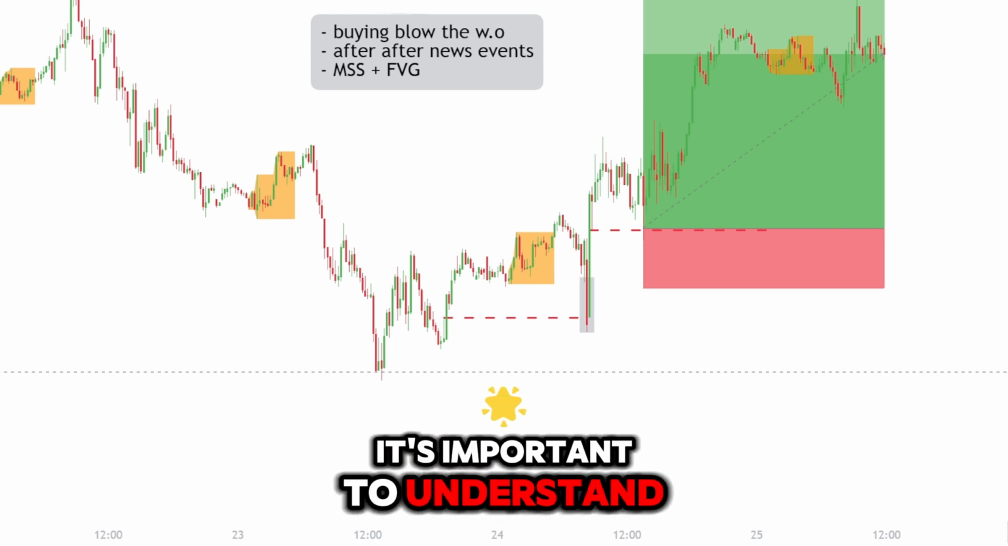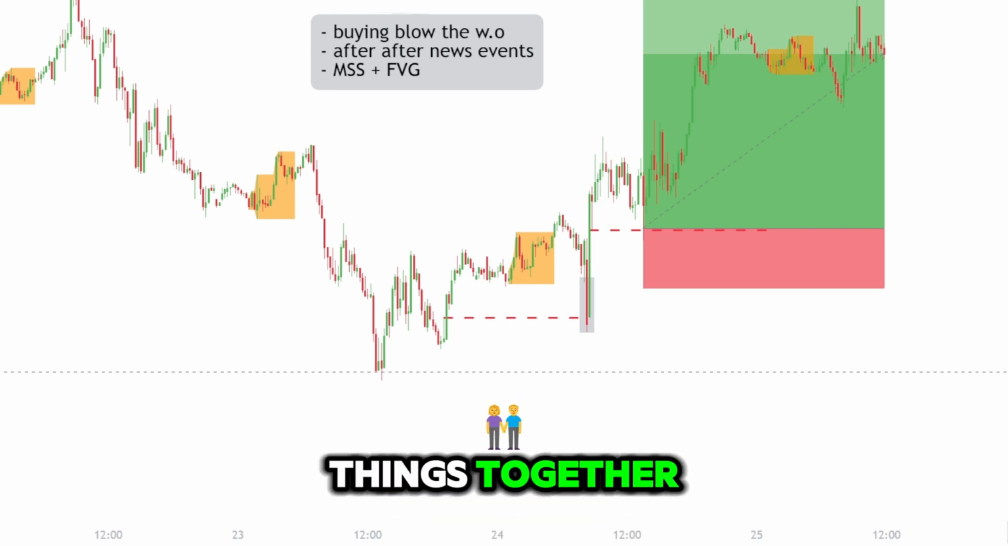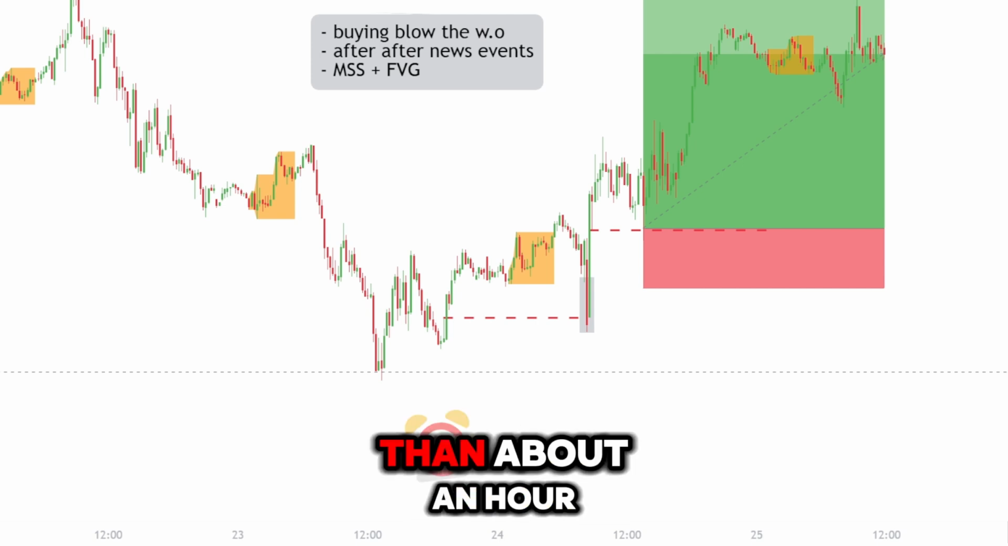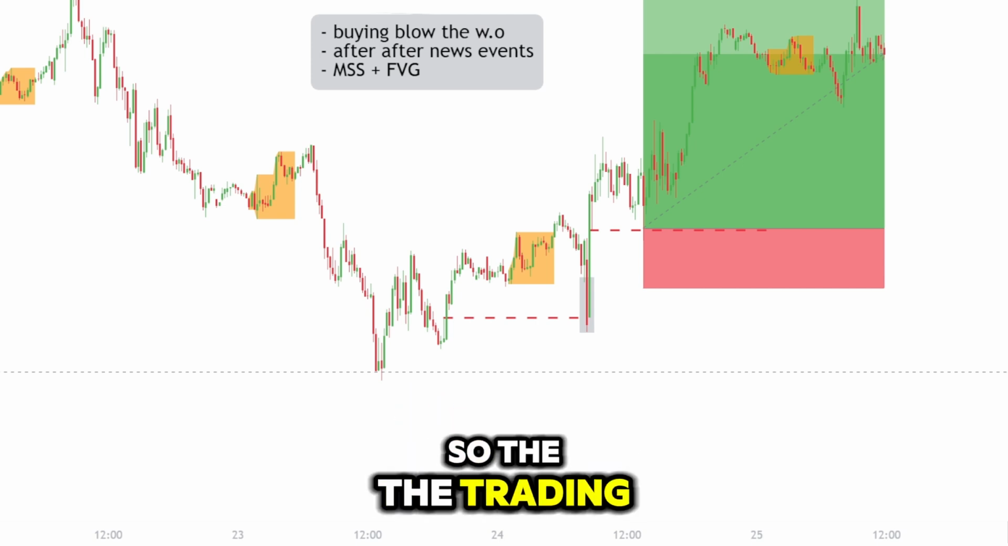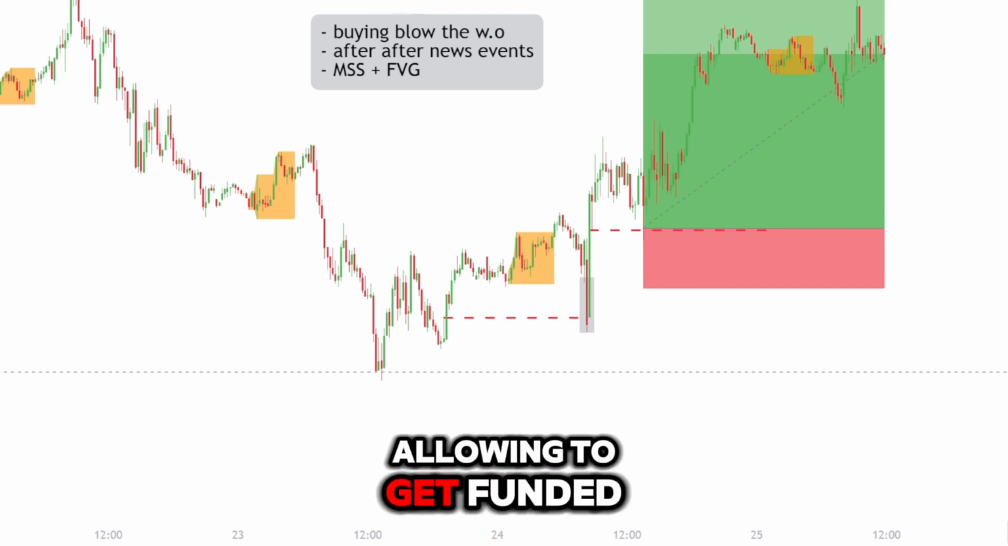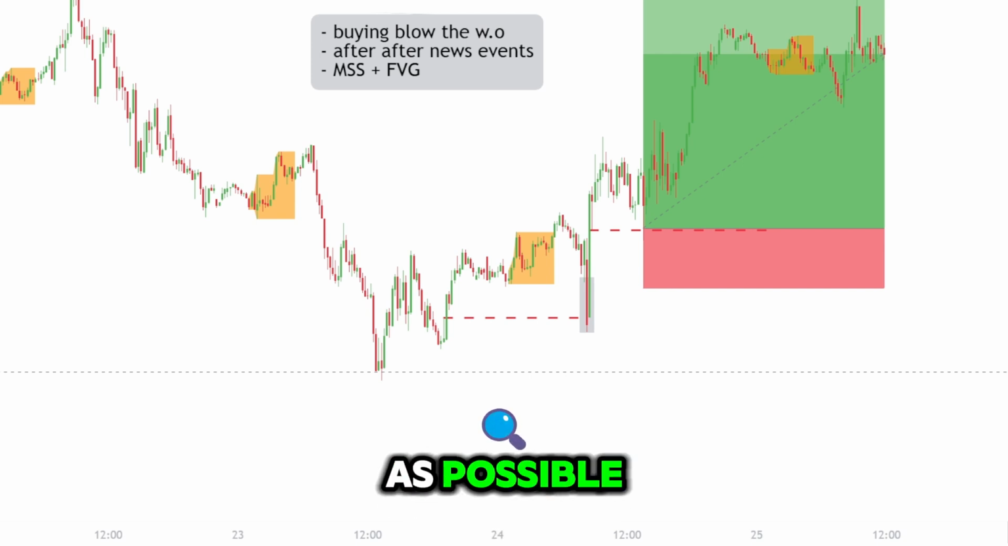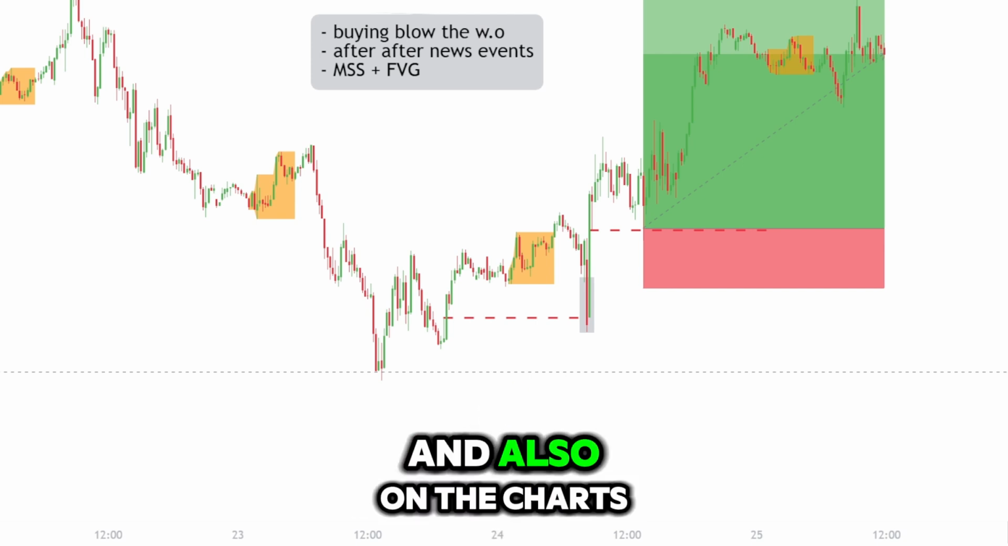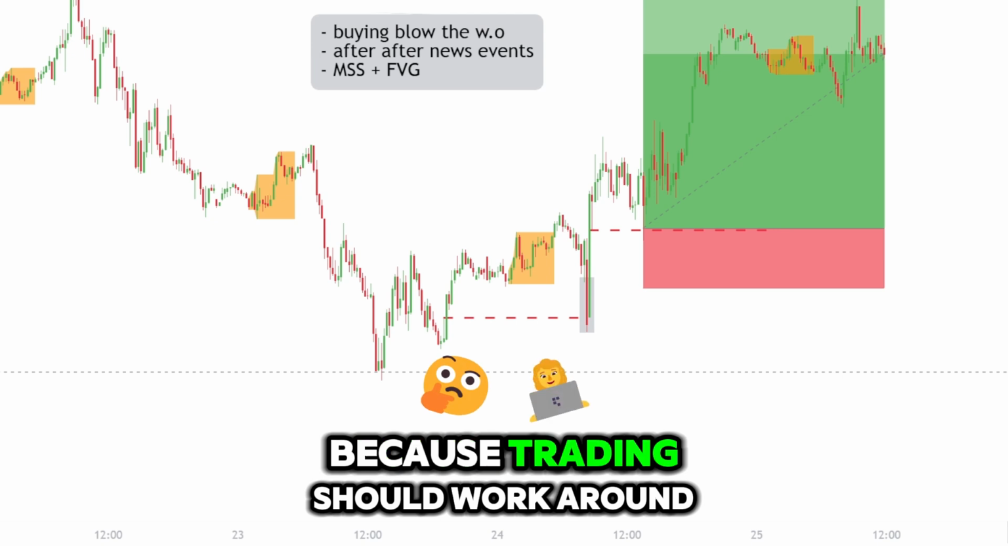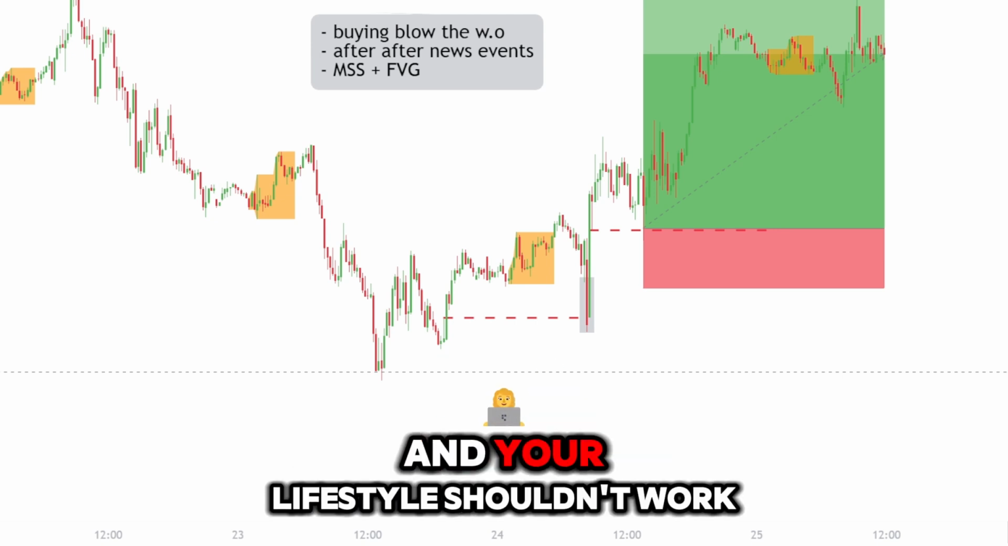So it's important to understand you use all these things together and you don't really need to spend more than about an hour a day on the charts, right? So the trading strategy that I've made for people allows them to get funded with as little time as possible, both in the challenge and also on the charts as well, because trading should work around your lifestyle and your lifestyle shouldn't work